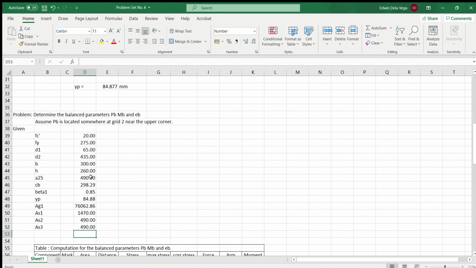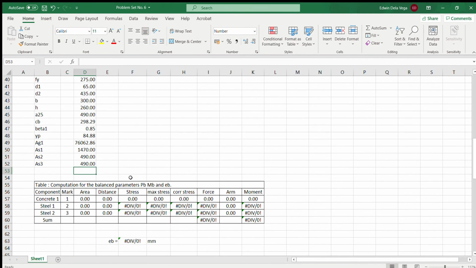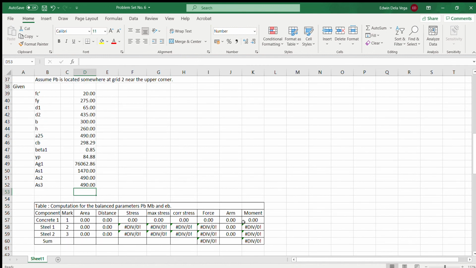Okay, so everything now is given. So these are the things that we need to use in our table. Okay, if you are going to look at the table has three stresses, and the distance is added, no? So the table is not the same as the table for the plastic